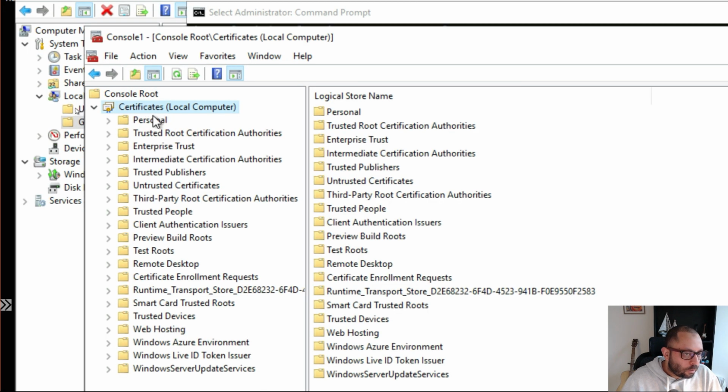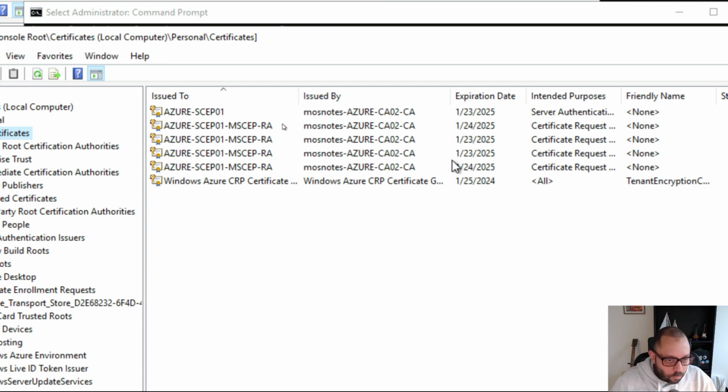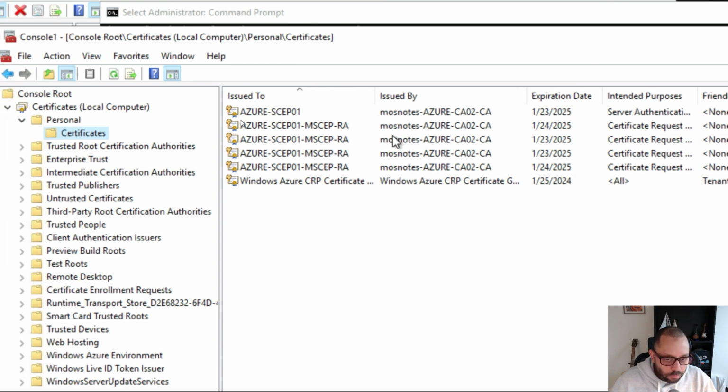Let's open it here under personal certificates. As you can see here, there is duplication for a reason. In my lab only, you should only see 2 RA certificates, not 4, just 2. In my lab 2 of these are already revoked, so just ignore them. Assume that you just see 2 for now. Anyway,